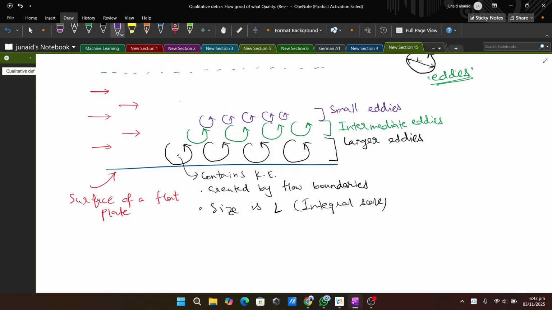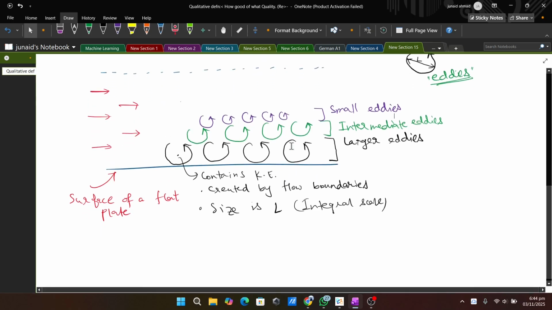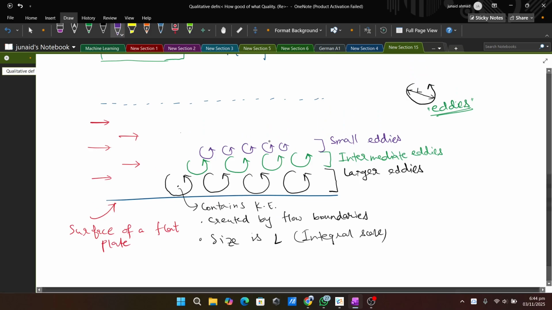After the small eddies, we assume there are no more eddies, and those eddies are transforming their energies, or converting their energies, into thermal energies or another form of energy, and there is no more existence of the eddies. This is according to recent research, but maybe we can do more research and find later that there are other kinds of eddies.